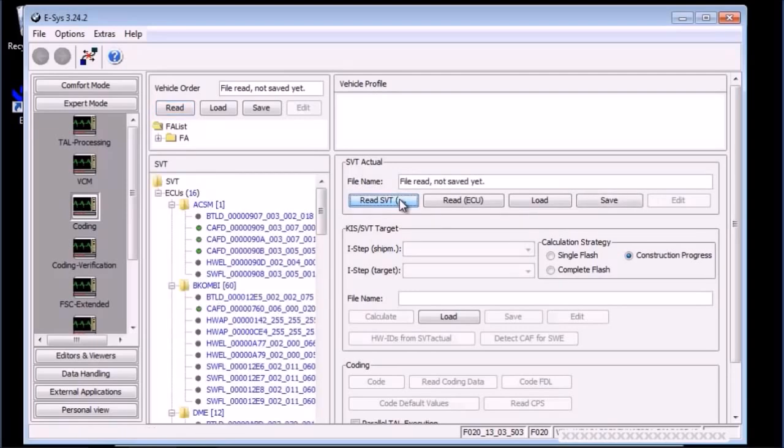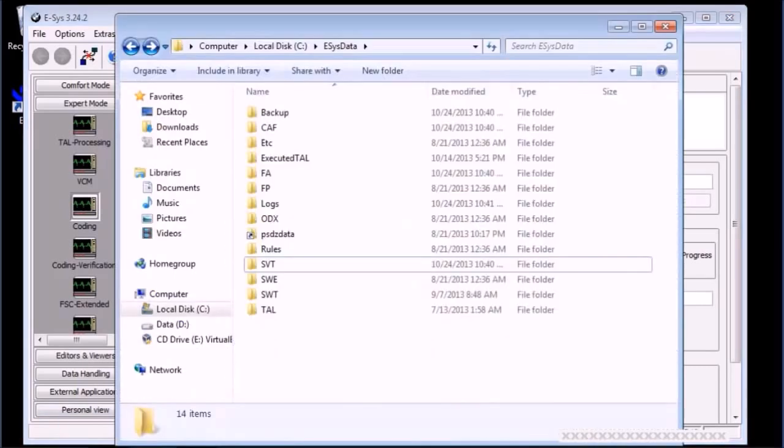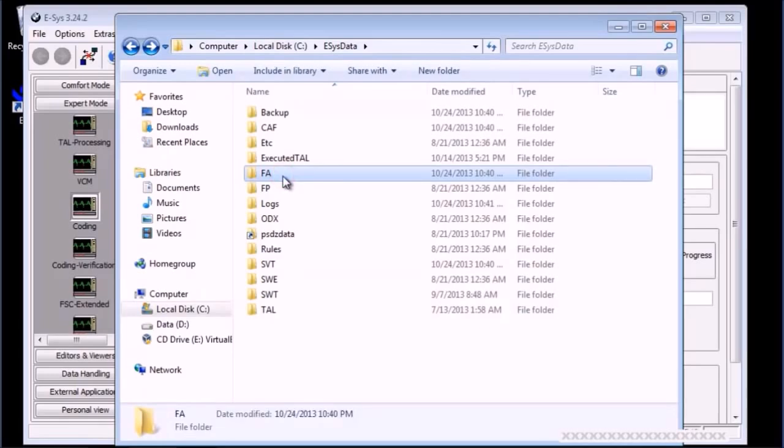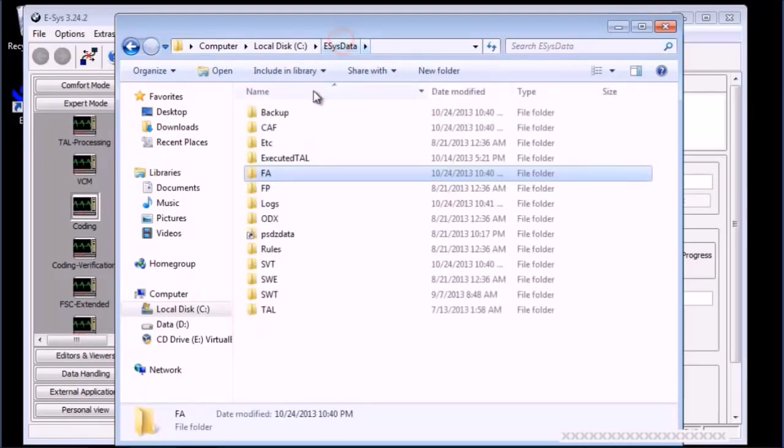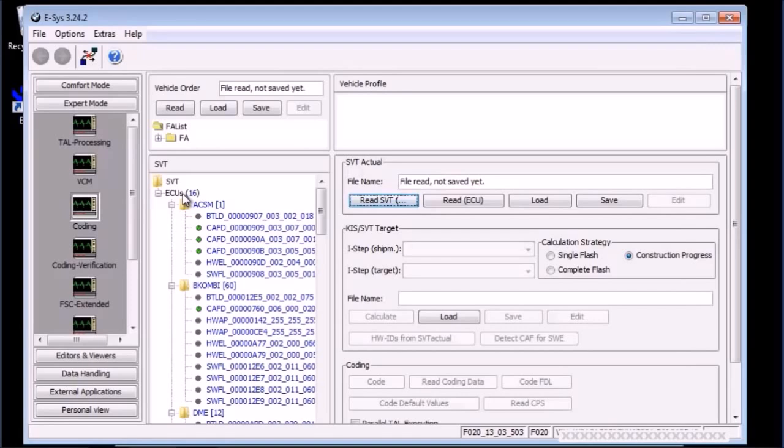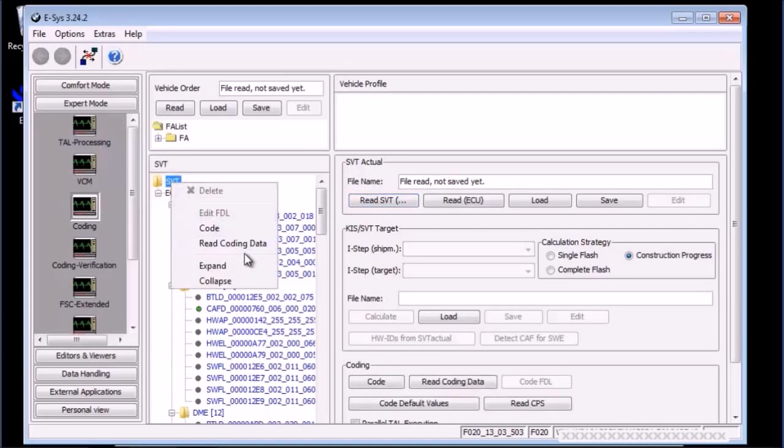At this point, it's important to note that we don't have the coding data just yet. We only have the FA and the SVT. Also, at this point, nothing is saved to the computer yet. Next, we will ask the car for the current coding data in use. To do this, select the top-level node, or SVT, then either right-click to bring up a context menu where we